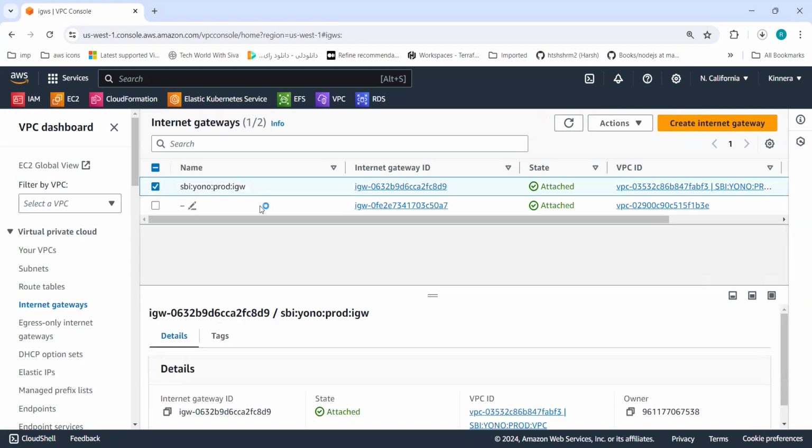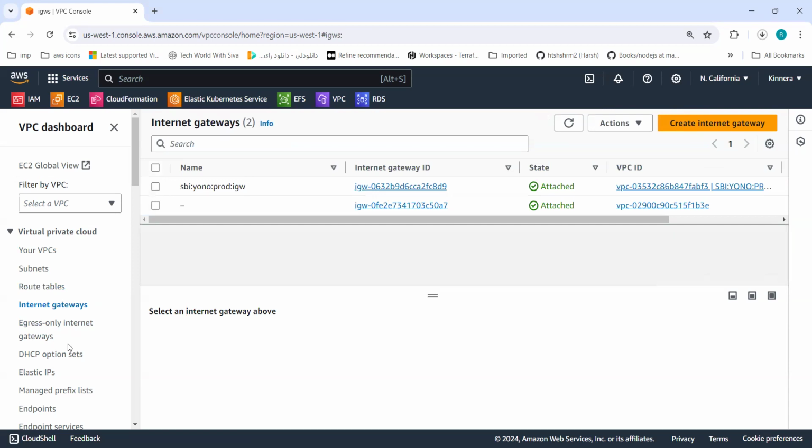we don't have VPC. If we want to communicate, if we want to access any server, we need public IP. So that's why I'm going to create one elastic IP. So next step,